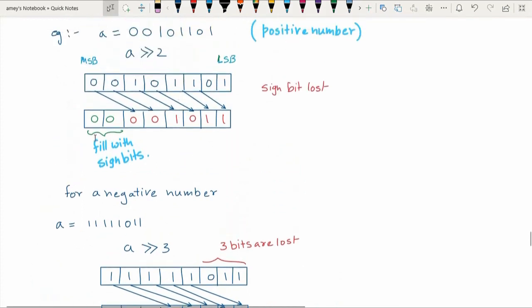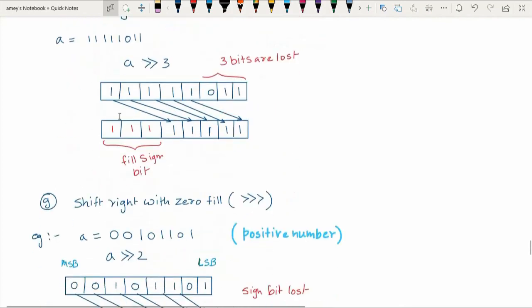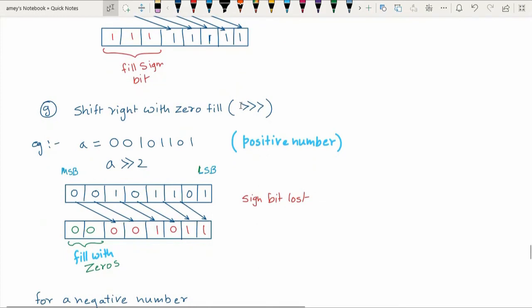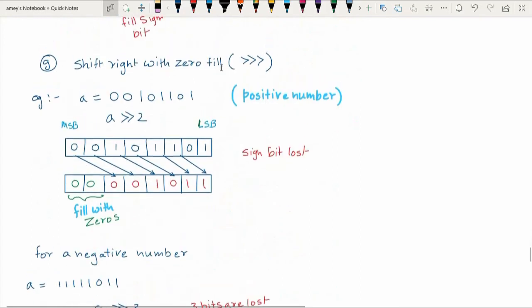The difference is, in the normal right shift, the vacant places were filled with sign bits: 0 since it's a positive number here, and 1 since this is a negative number here. Whereas in this operation, the notation is 3 greater than signs. Here the notation is 2 greater than signs, here 3 greater than signs. So here the operation remains the same, but the only thing is that the vacant spaces are not filled with the sign bits, but they are always filled with zeros, no matter whether it's a positive number or negative number, right? So see, I have taken the same example, the shifting has happened like this, okay, but the 2